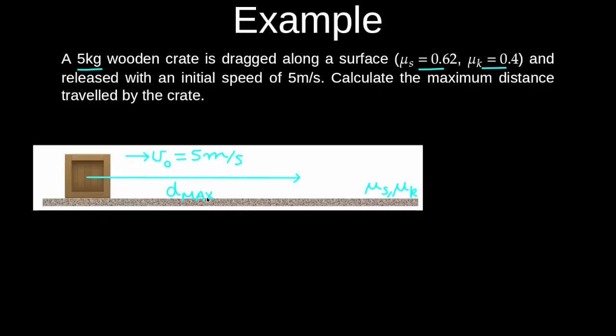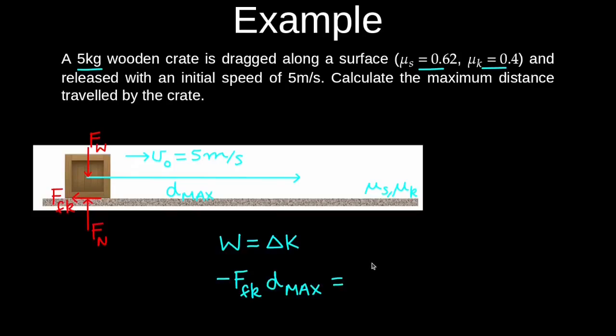So to do that, we can use the work-kinetic energy theorem. So as we can see, the normal force and the force of weight are always perpendicular to the displacement vector. So they do no work, and only the force of kinetic friction does work. So that will be minus Ffk multiplied by d max